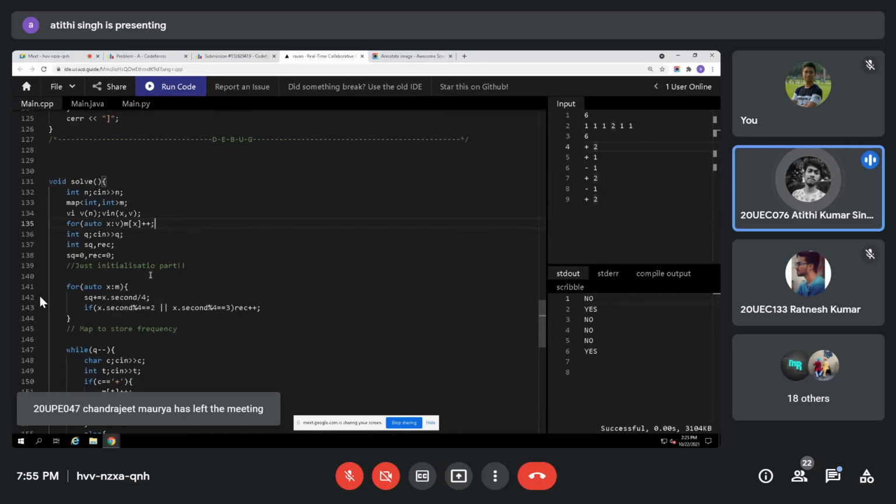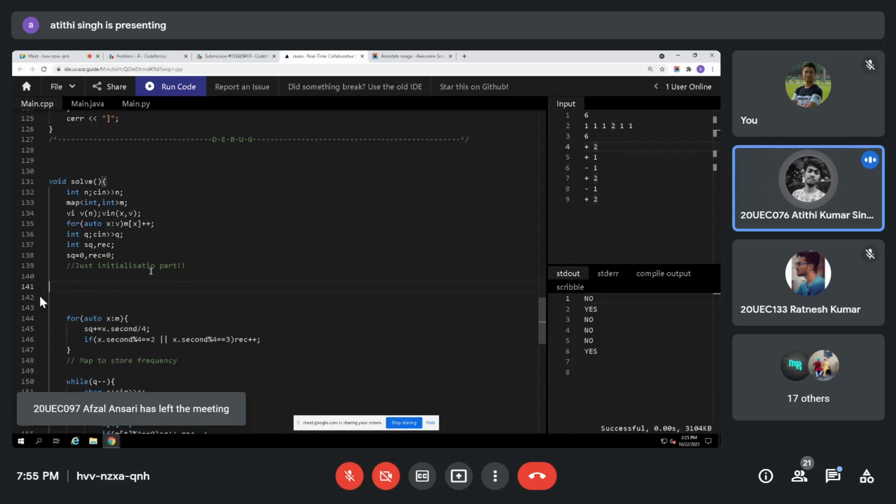Just for example, let's say you created an array, a vector. I can assume that everyone is comfortable with vectors. If you are not comfortable with vectors, then this problem is really not for you. Is everyone at least comfortable with vectors? Yes.